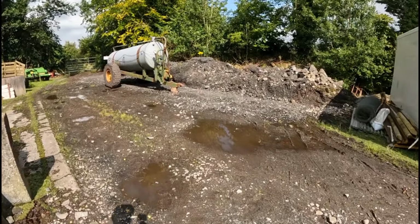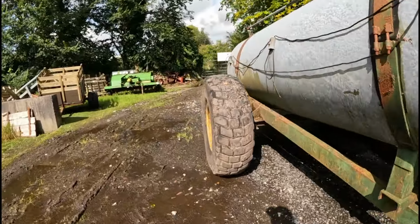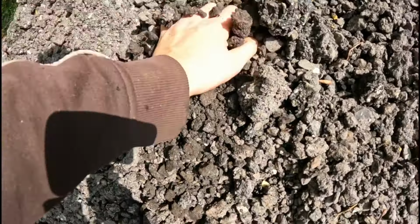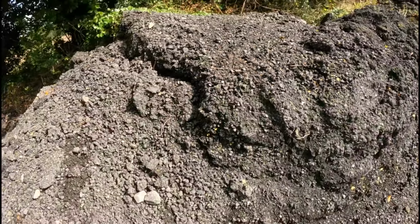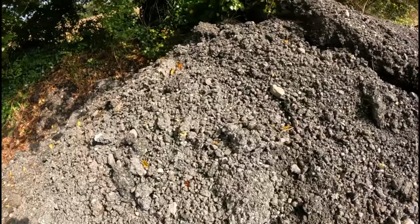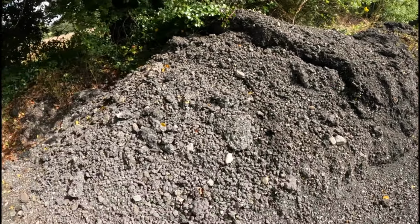So for a day's work with a hired digger, we got all that done, which is not too bad at all. And also, because some of them stones are hard, we had a digger for the day. These are the loosened sections that we managed to get with the digger, unlike this section, which is quite hard. As you can see, it's just tar. So yeah, if we wanted to use more stones, we could dig it up by hand, throw it into a power box or a wheelbarrow. You have your loosened stuff here, which over time might harden again like that, but it mightn't,